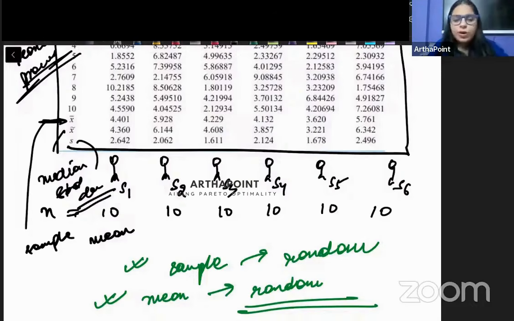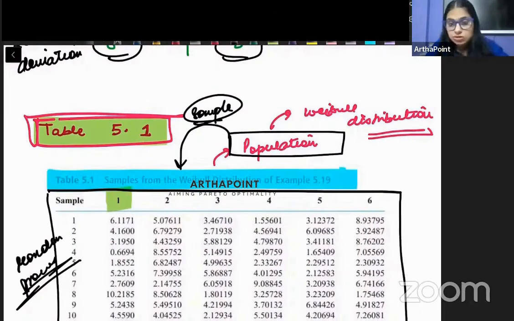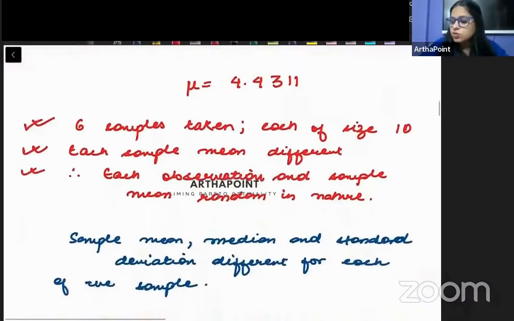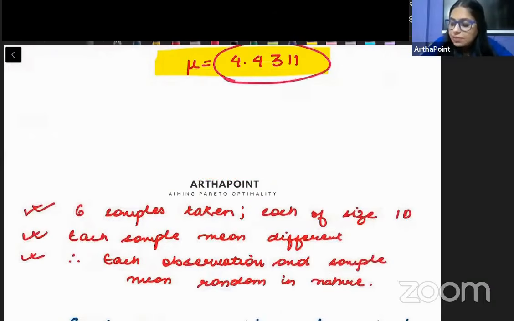और एक बहुत important point है, तो just try to understand बेटा that the book says कि ये जो हमारी distribution थी जिससे हमने ये सैंपल कलेक्ट किया, suppose उस distribution का जो mean है वो 4.4311 है. The mean of that distribution is 4.4311. So what the book suggests is that if you will notice, तो किसी भी सैंपल का mean 4.4311 नहीं है. It will be very close to the population mean.